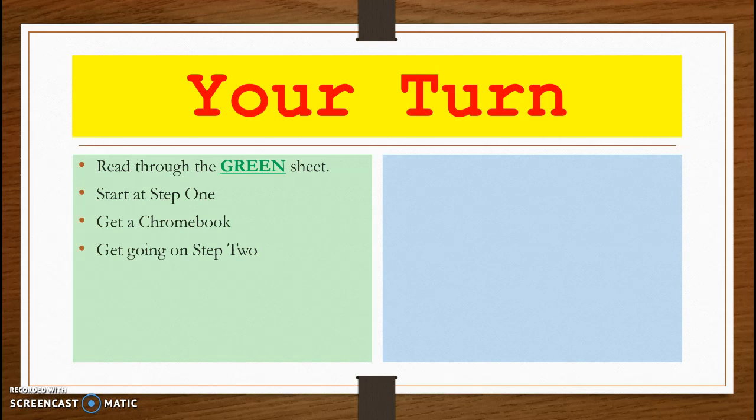This is where you start digging into the Chromebook. So the first thing you have to do is read through the entire thing. Look at the entire blue sheet so you can see the big picture. You're going to go to my Canvas site, and there's going to be a link on the front page under these days, Wednesday and Thursday, that says Letters to the Next President. You click on that link, then scroll down, and you'll see a link called What is the Conversation Around the Issue? Then you click on that, and you're going to find some resources.